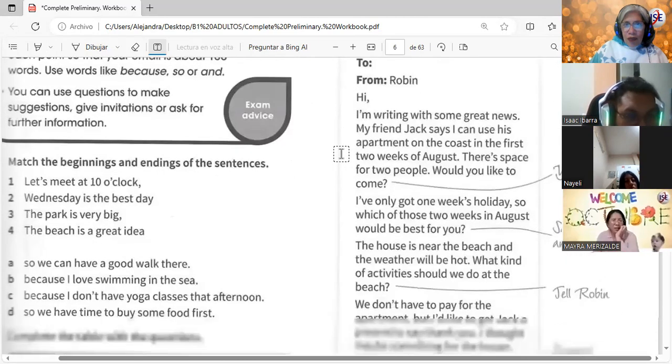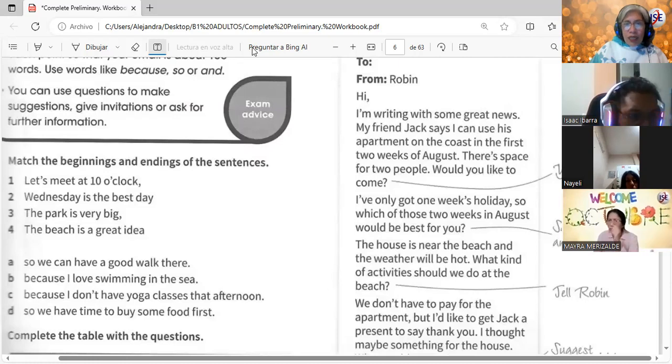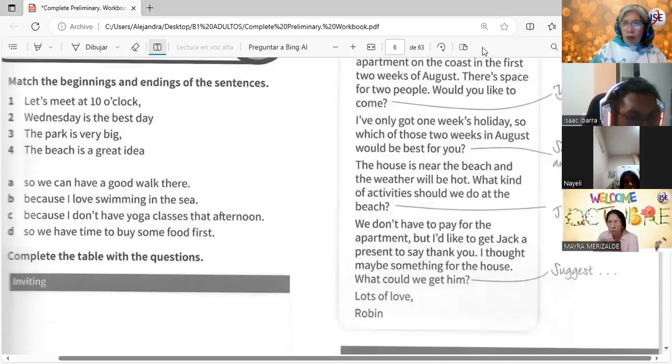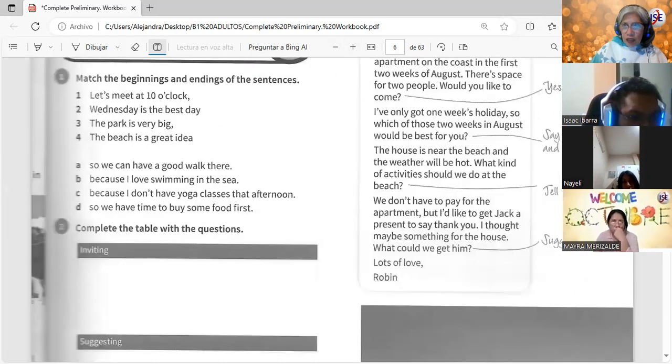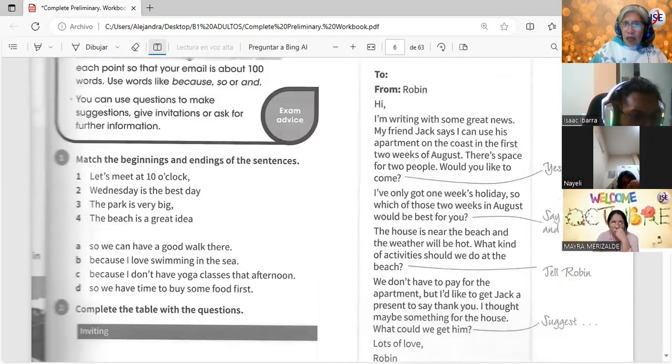And the last topic for today, a very short topic, is how to write an email. Why is writing emails so important? It is important because if we look forward to taking the B1 certification test, the first thing they ask you to write is an email. So it is important for you to know which are the elements of an email. We're going to do it briefly because we're almost done.